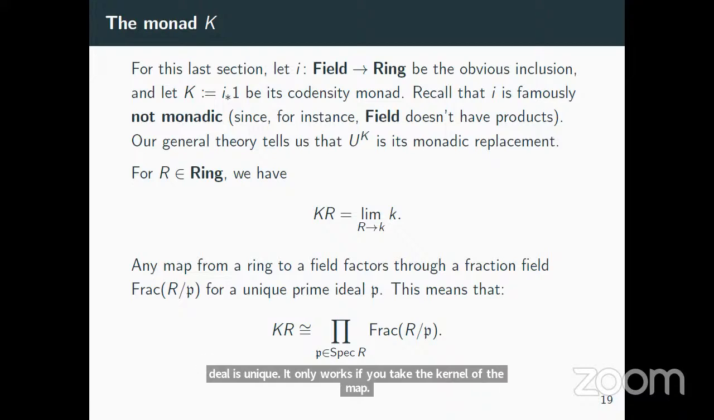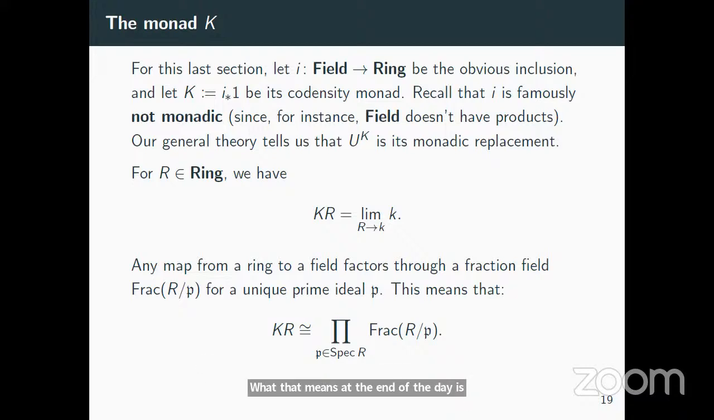What that means at the end of the day is that this diagram that we're indexing on has disconnected components, and each of those components has an initial object. So when I take the limit, I'm actually just going to get a product. And that product is this one right down here. I'm going to take all prime ideals of the ring R. This is the spectrum of the ring, the set of all prime ideals. I'm going to take the fraction field of R mod